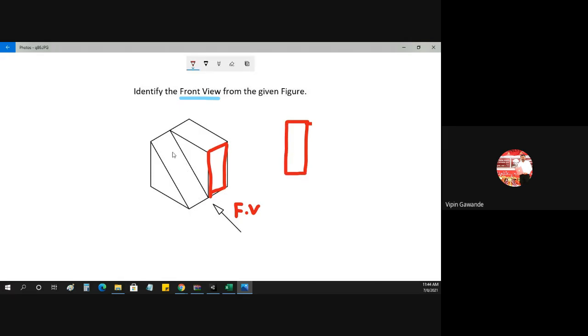Now here this is an inclined surface. What I have told you is, whenever there is an inclined surface, you make that surface vertical. You take these 2 points and make it vertical. When you make this surface vertical, it looks something like this. So when you bring these 2 points forward on the front surface, it becomes a vertical surface. So always in orthographic projection, whenever there is an inclined surface, just make it straight and bring it to the front surface.